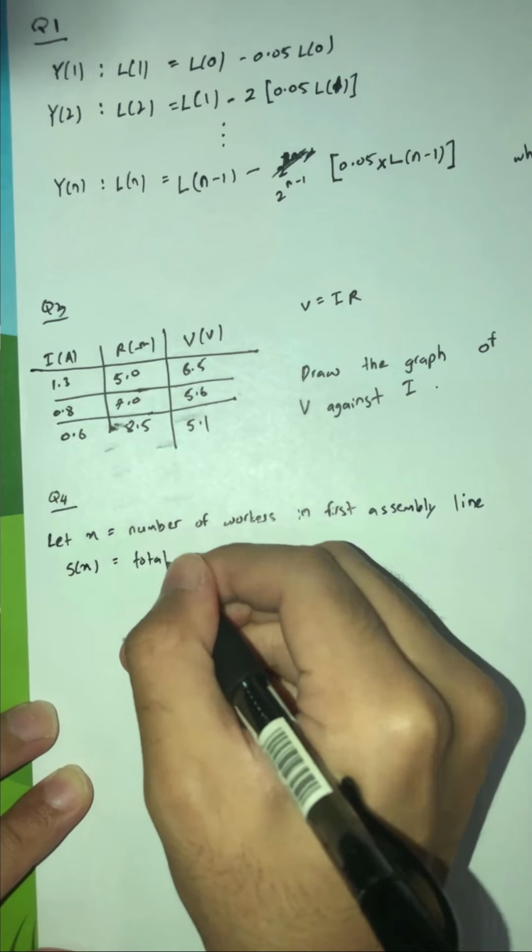So we'll need to find S(x), right? So the total labor cost is equal to the number of workers in the first assembly line, which is x, times